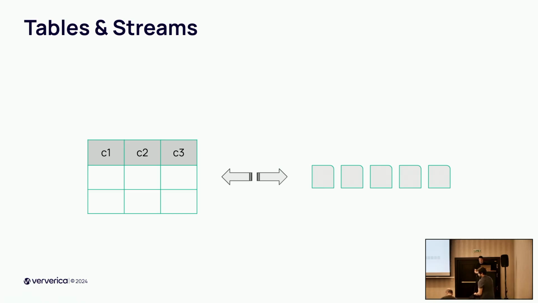Another quote from the book is, tables and streams are two sides of the same coin. And one other powerful thing is, of course, we know that databases have an interface to SQL. You can use SQL to run your queries, and apparently you can also run SQL on top of streaming data, which I find very powerful.